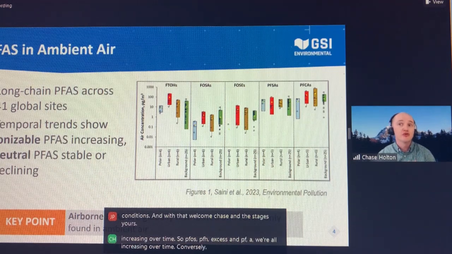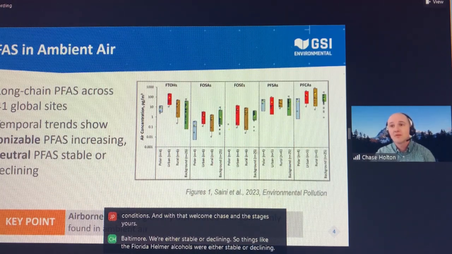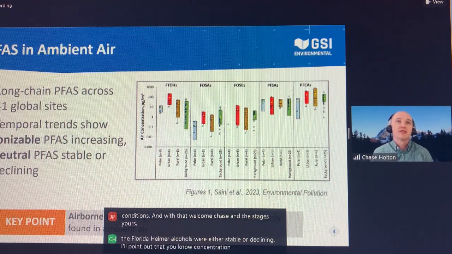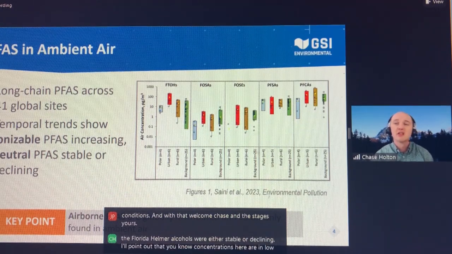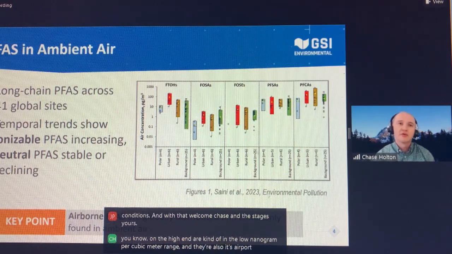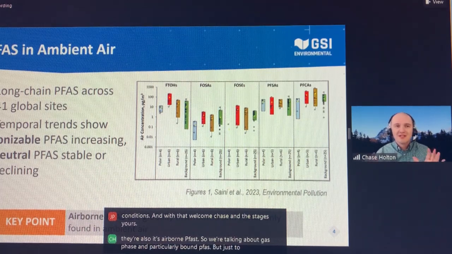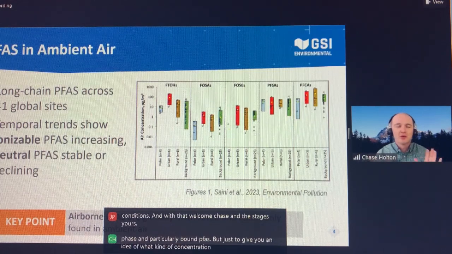Conversely, they found that neutral PFAS, or what we sometimes like to call volatile PFAS, were either stable or declining. So things like the fluorotelomer alcohols were either stable or declining. I'll point out that concentrations here, on the high end, are in the low nanogram per cubic meter range, and it's airborne PFAS, so we're talking about gas phase and particulate bound PFAS. But just to give you an idea of what kind of concentrations we're dealing with, think low nanogram per cubic